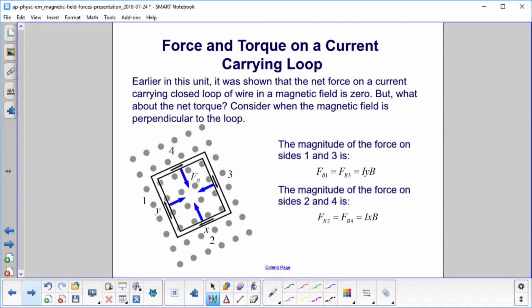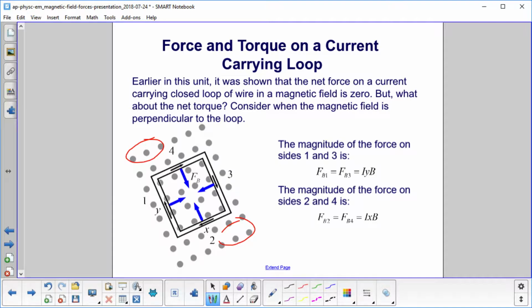Let's consider first where the magnetic field is perpendicular to the loop. So here's our magnetic field coming out of the board, and it's perpendicular to the plane of the loop. First, let's calculate the forces just to verify the first part, that the forces cancel out. You can find the direction by using the right-hand rule, so please verify for yourself that we do have the